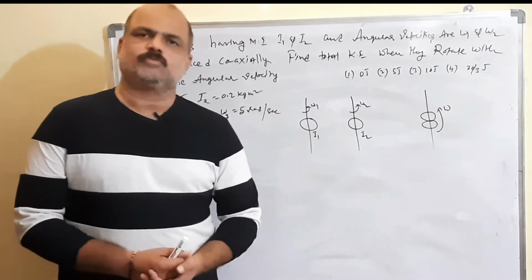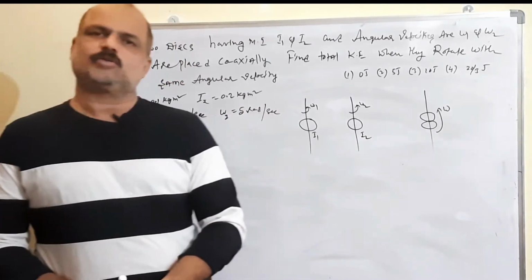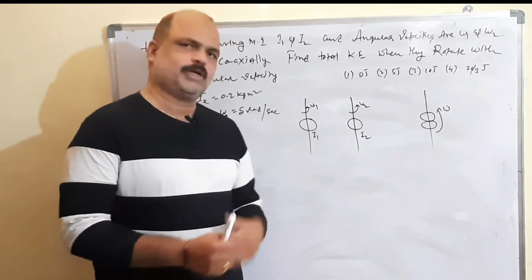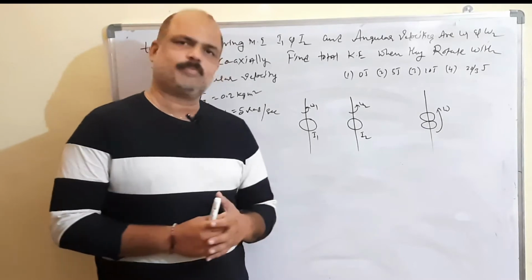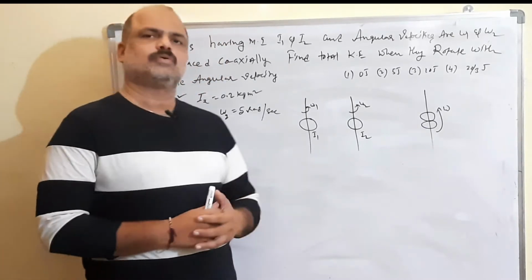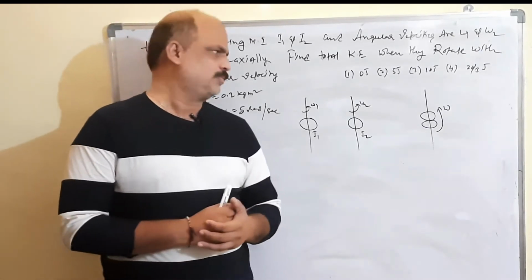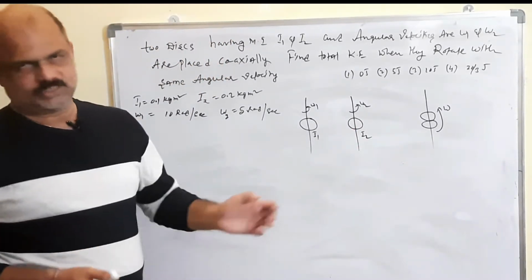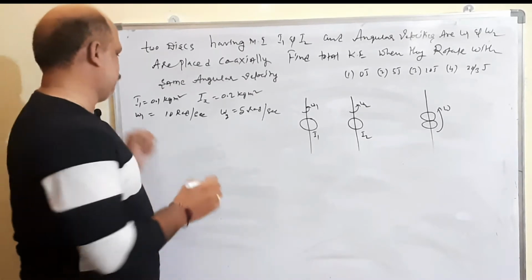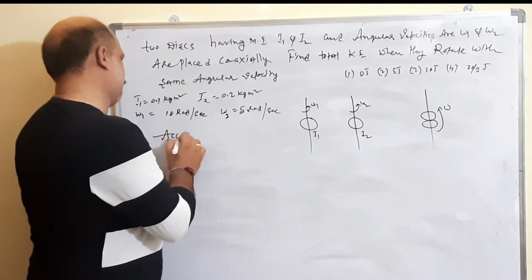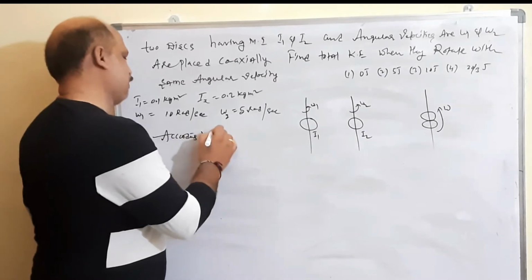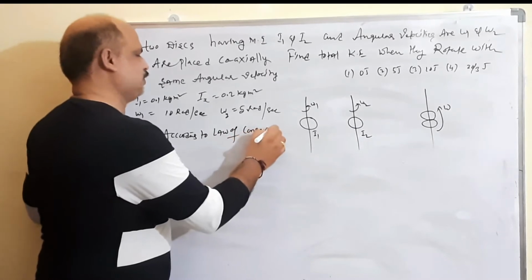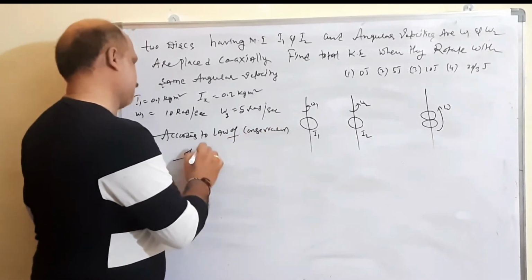To solve this problem, we use law of conservation of angular momentum. So total angular momentum before they are placed coaxially is equal to total angular momentum after they are placed coaxially. According to law of conservation of angular momentum,